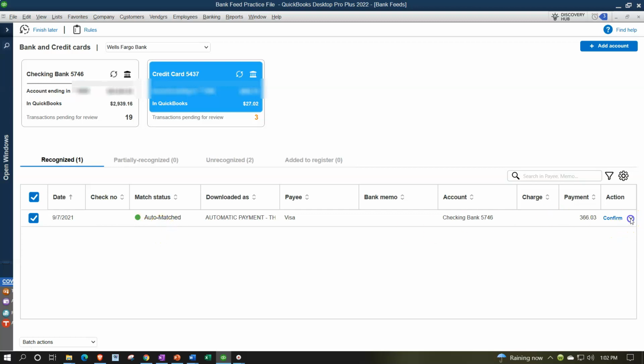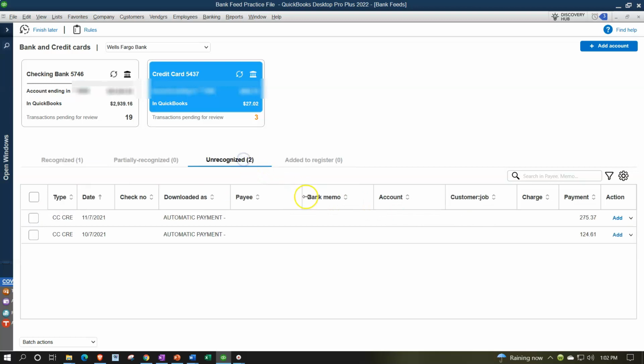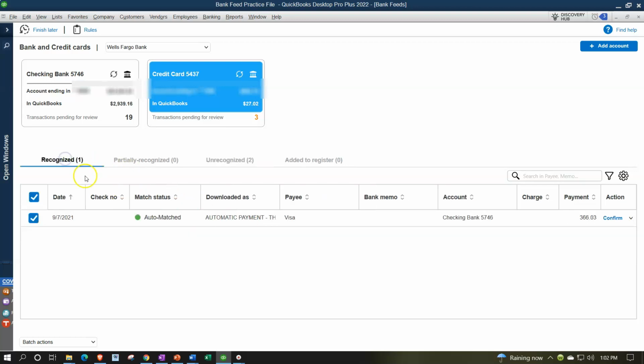If it didn't auto-match it, you could hit the drop-down, and then there's usually a match button. In other words, if it didn't match it, you'd have the match existing, and then you could find it. But it should be able to pick this one up fairly well because you've got the exact same amount, it's usually a kind of strange amount, and the dates should tie out as well. So it should pick up enough information to pull it over into the recognized area,